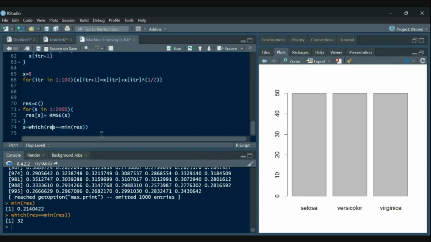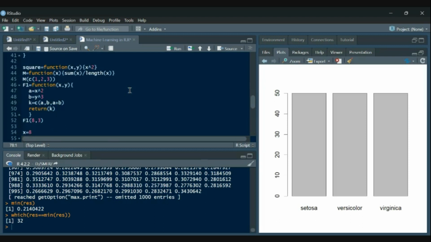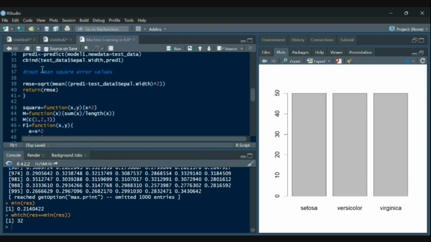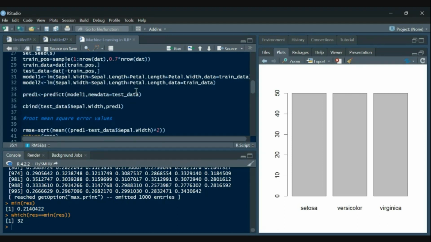So let's say we used model 2. Okay. So for model 2, we just predicted for model 1. Let's say we predicted for model 2 as well in the same function. We'll write it for model number 2. We will predict the value.